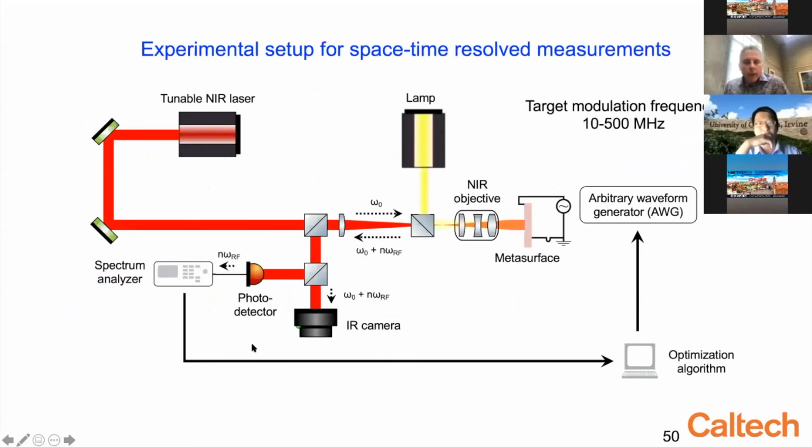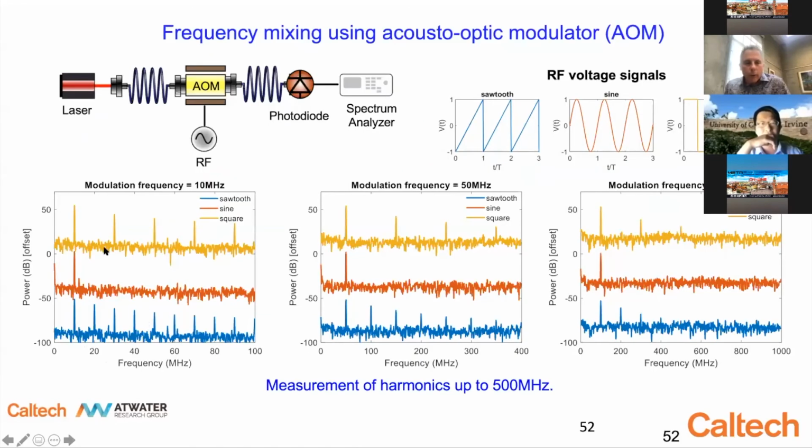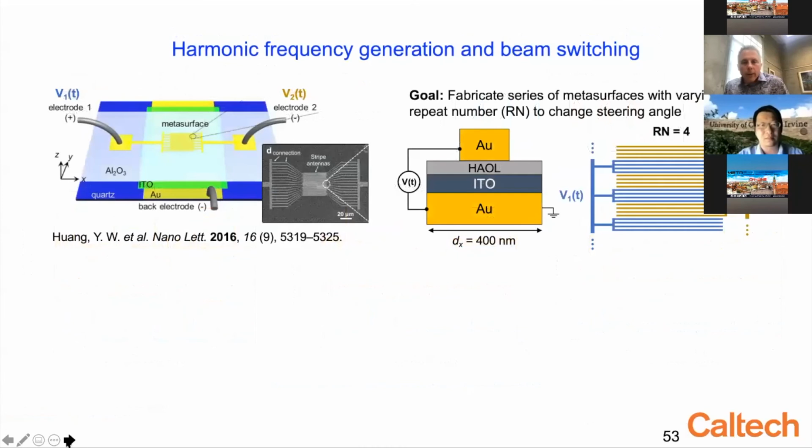So this illustrates how you do these kinds of measurements with an active metasurface that's driven by an arbitrary waveform generator. And so this is in the lab. I will go through and we can create structures. This is using a test element with an acousto-optic modulator showing that we can create a frequency spectrum using these different waveforms. So as a sort of a warm-up test. And we're now currently working to develop